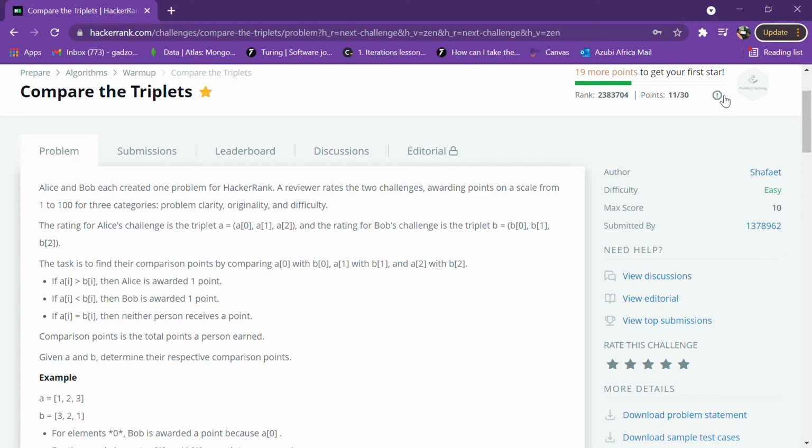So this challenge is about comparing the triplets. That's the name of the challenge, but it's mainly about comparing arrays. Okay, so the problem is saying that Alice and Bob each created one problem for HackerRank, and then the reviewer rates two challenges, awarding points on a scale from 1 to 100 for three categories: clarity, originality, and then difficulty. So all this algorithm or this problem does is to compare the elements in two different sets of